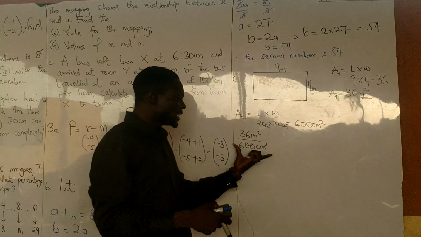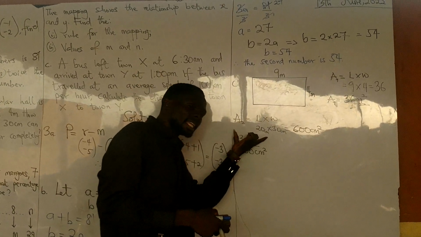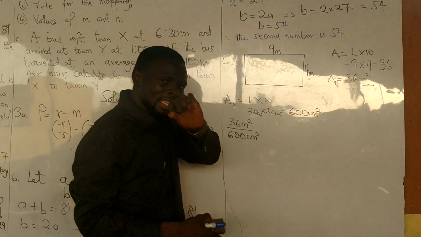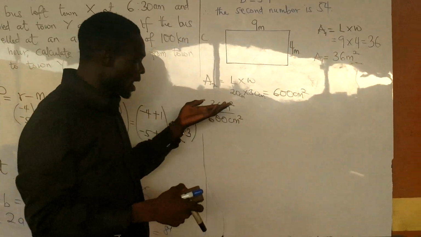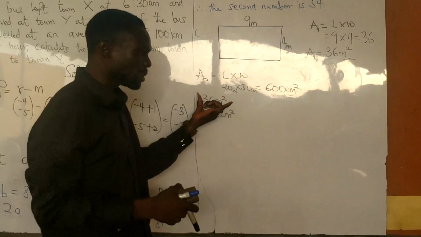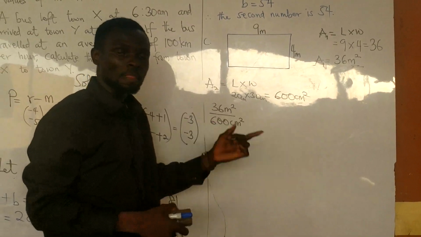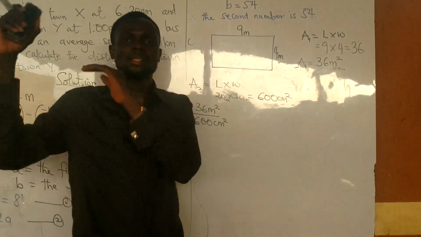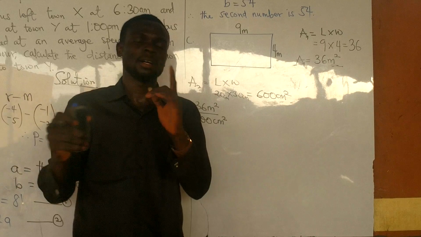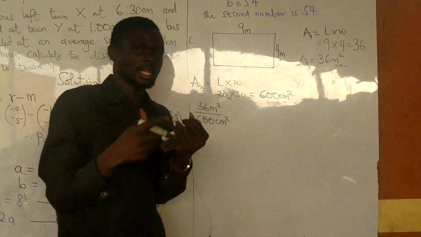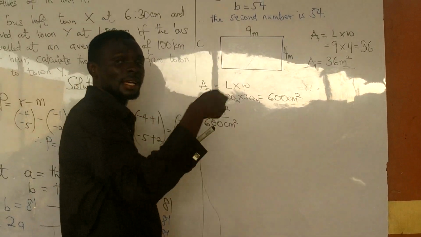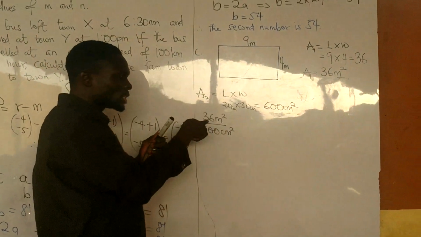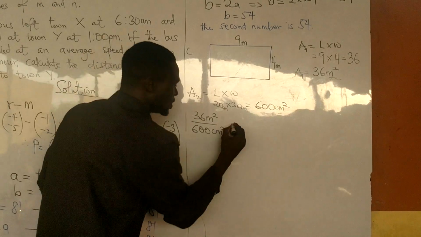Or I'll change this one to meters. So if I want to change this into centimeters, I am just going to multiply this by 100, because 1 meter is equal to 100 centimeters. So if I want 36 in centimeters, I'm going to multiply the 36 by 100, which is going to give me